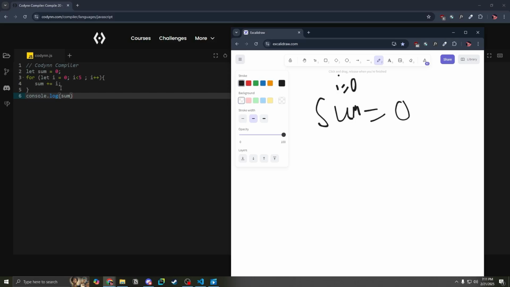it to be 0. And during the first iteration, I, that is 0, is added on to our sum. Sum plus equals I means I, that is 0, is added on to our sum. After this iteration, the value of I increases by 1. So the value of I becomes 1, and then 1 is added to our existing sum. And then in a similar way,